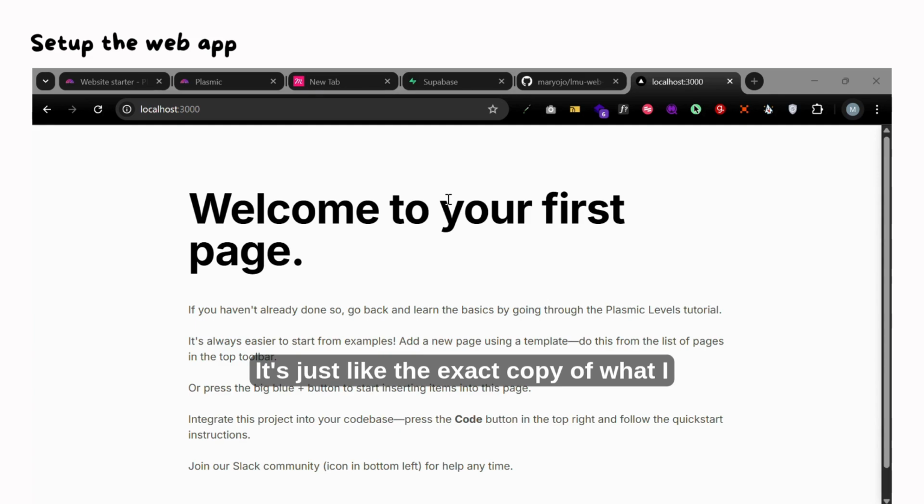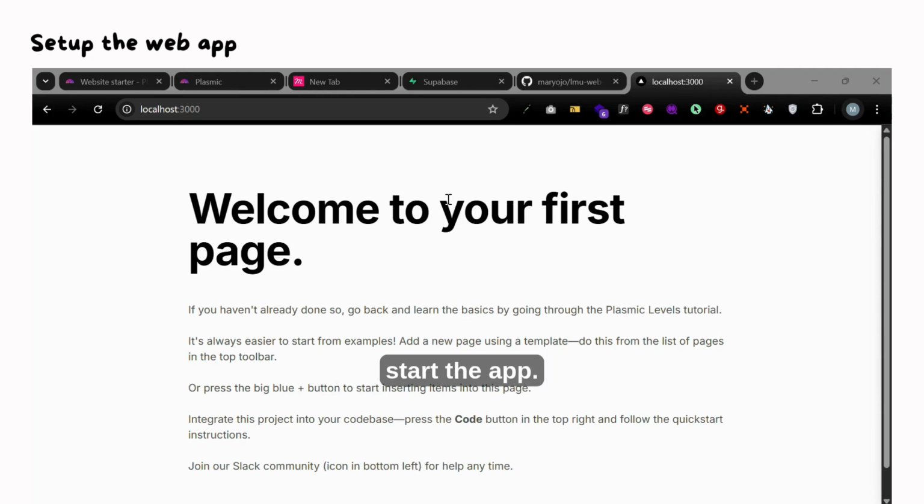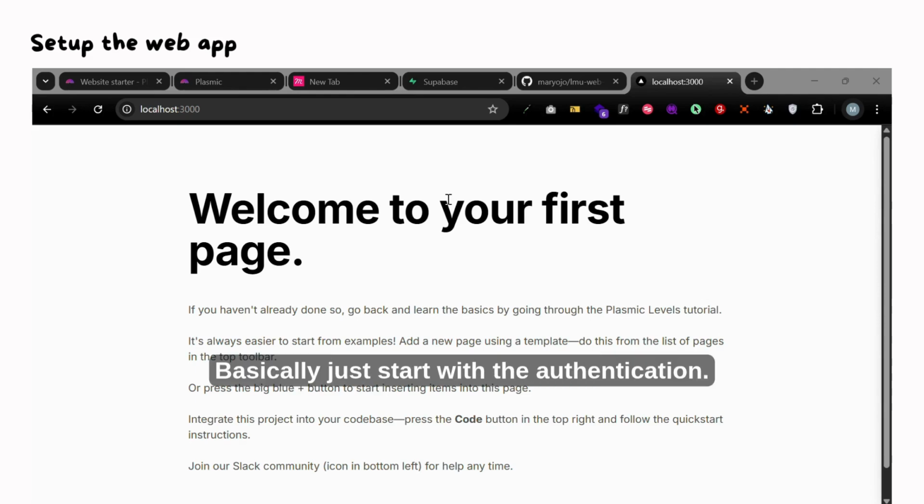It's just like the exact copy of what I have inside my Plasmic Studio. So that is all for setting up, and in the next video I'm going to continue building this app. Basically just start with the authentication. Starting with the authentication, that's going to be the next step. So thank you, and see you in the next